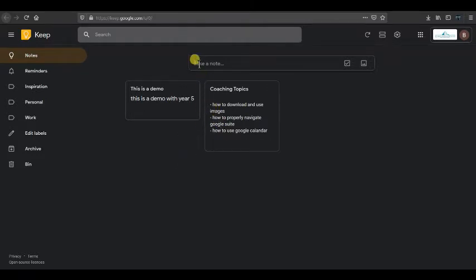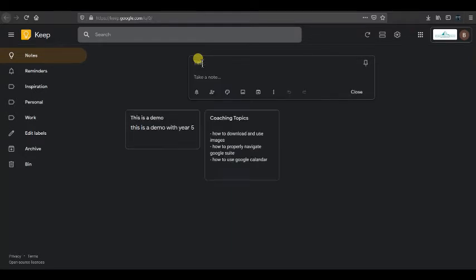So you just click inside the notes here, and then immediately it creates a note for you. You can give it a title, and then you can write your note in there. So we know we're going to use Keep for our planning, for our report writing with our